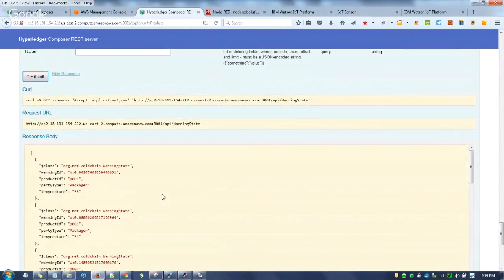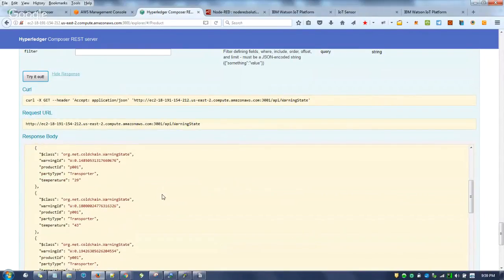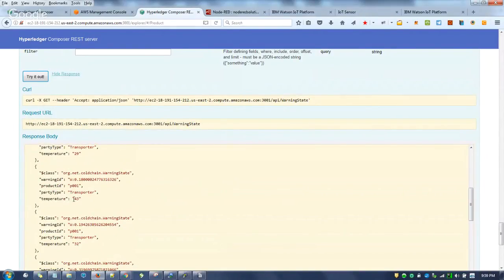Okay, so this was the previous warning for the transporter. You can see that I kept the temperature at 43 and this new warning has been generated. This is with the transporter, the product ID is P001, and this is the warning ID. So in this way, whenever the attached IoT devices' temperature or any parameter, humidity, pressure, that particular information can be stored in the blockchain and a notification can be generated